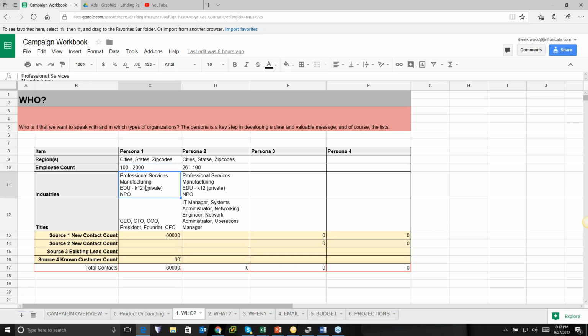Industries, you can be inclusive or exclusive. If you don't have a particular industry that you do want to target, I at least recommend trying to identify industries that you accidentally do better with. So, by no effort of your own, you happen to have a lot of medical customers. Well, maybe you should put those as a priority. So you can prioritize this.